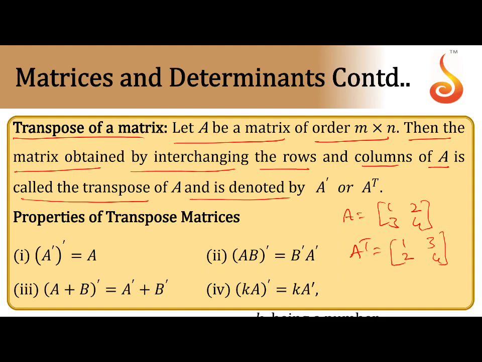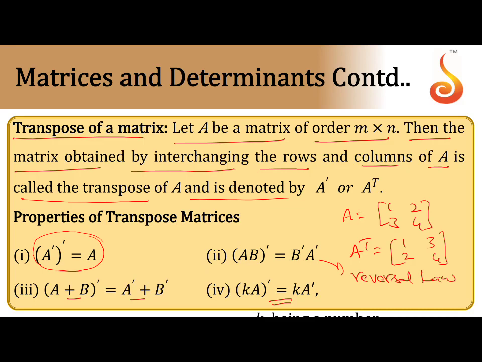Now there are some properties of transpose. A transpose whole transpose equals A. Again take the transpose of A^T to get the original matrix. Now (AB) whole transpose is B transpose into A transpose. This is called the reversal law. So you can extend this property for a product of three matrices also. (ABC) whole transpose is C transpose, B transpose, and A transpose. You can write the reverse of the elements. Next, (A plus B) whole transpose is A transpose plus B transpose. Even with minus, A transpose minus B transpose. So (kA) whole transpose is k into A transpose. These points you can remember.